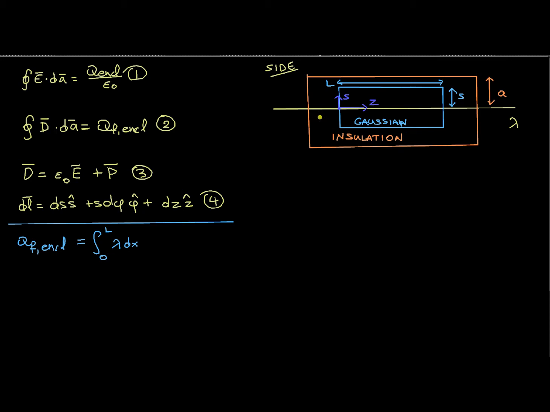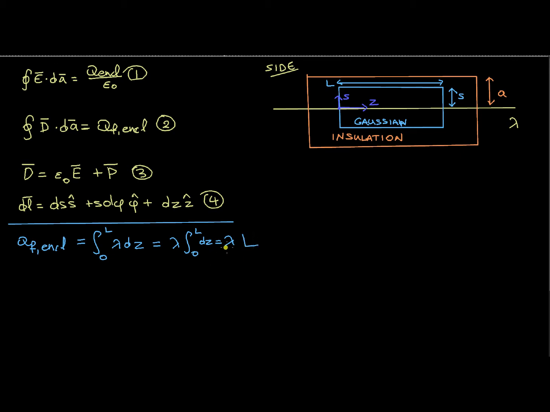I cannot show the phi hat unit vector here. I'm going to go back and change this: I'm not integrating over x, I'm integrating over z. So this is lambda dz, and because the problem tells me the charge density is uniform, I can take it out of the integral, and I have the integral from 0 to L of dz. This gives me the charge density times L,